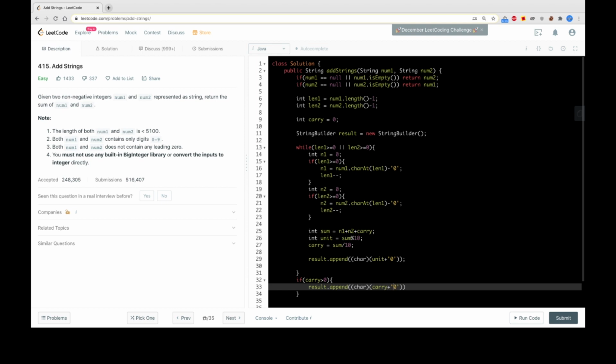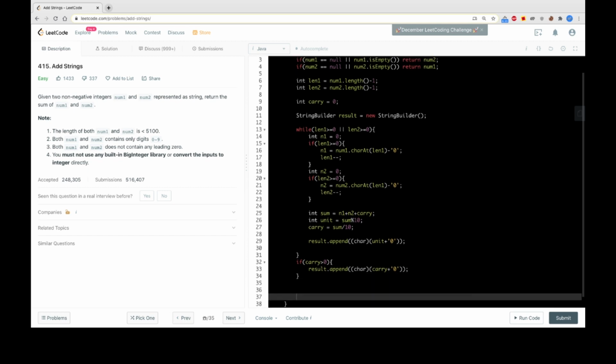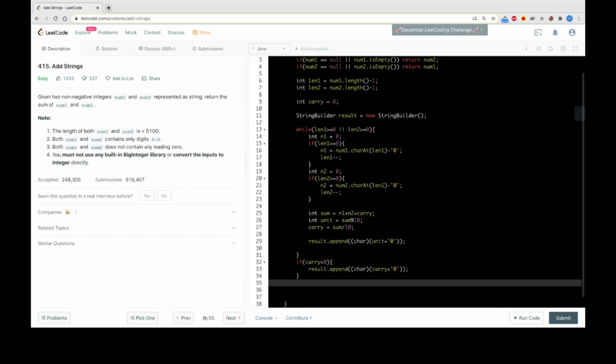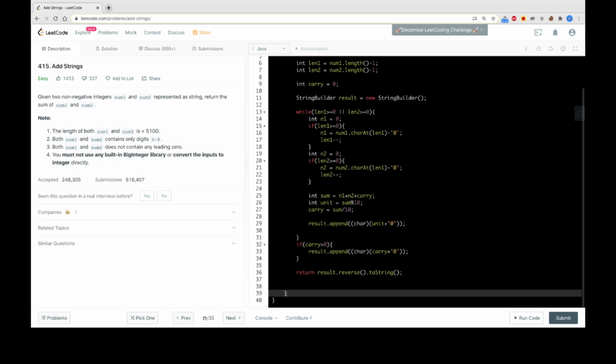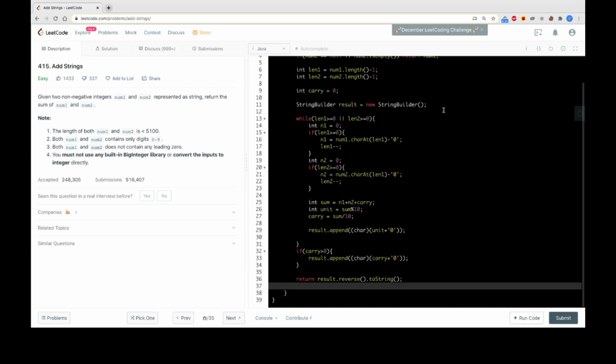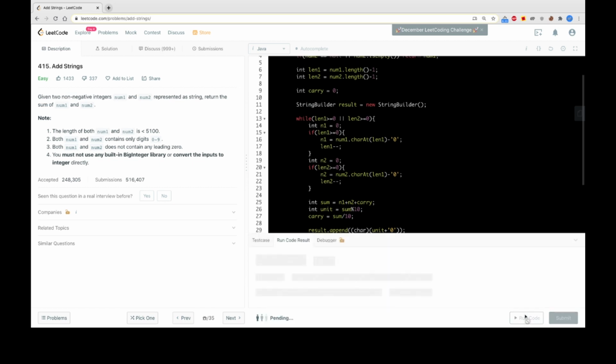And now, as we are appending, our result is coming in reverse order, so we have to return this result, but we'll have to reverse it and then convert it to a string, because we want to return a string. I think that's it, and we can try to run this code and see if it works.